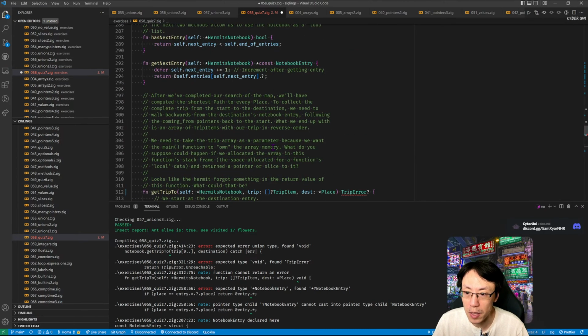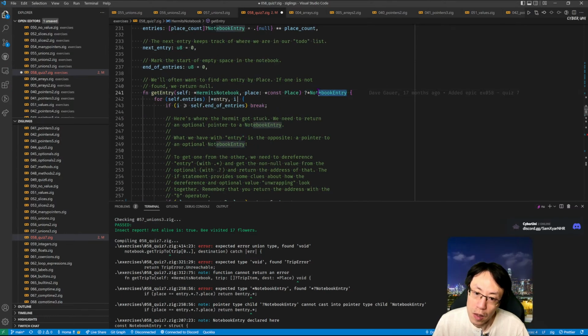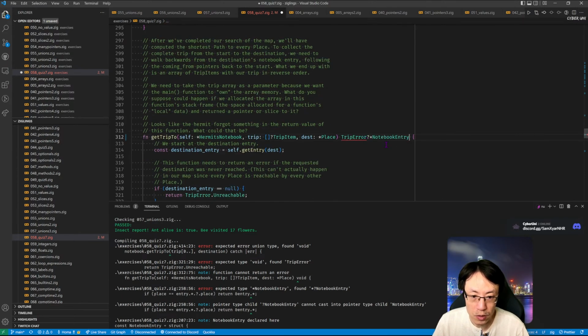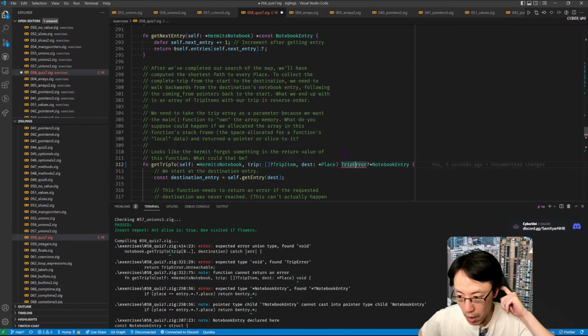Oh, it messed up. It, which is a nullable entry, right? We extract it, we know that it is not null. Trip error is written like